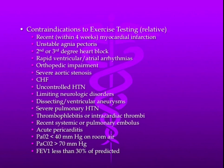Sometimes you're dealing with the elderly. They've got hip problems. In some cases, walking on a treadmill doesn't work, but riding on a bicycle does, etc. So you've got to look at those pictures. Severe aortic stenosis and CHF, uncontrolled hypertension. If you got some limiting neurological disorders that you don't have the muscle function that can work, dissecting aneurysms is